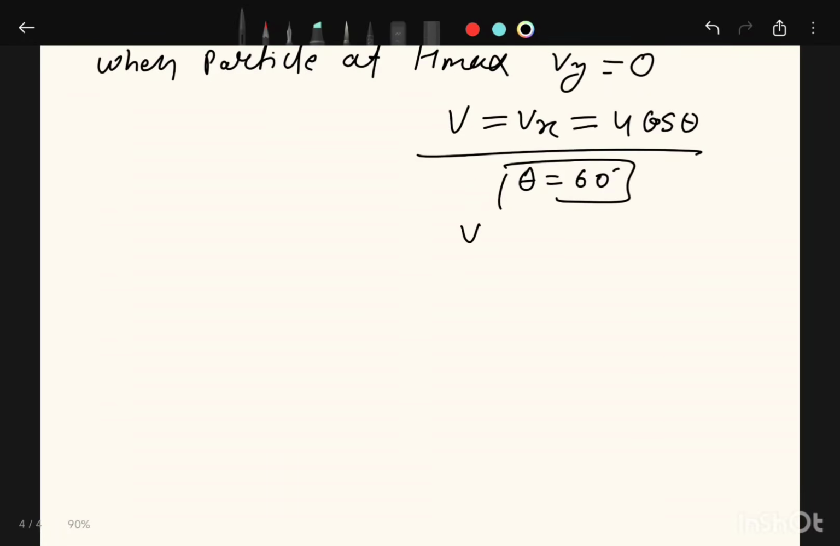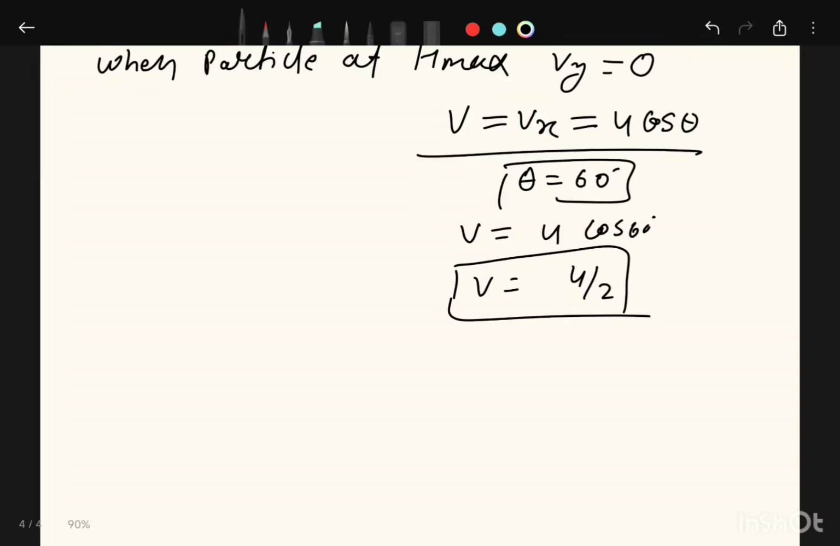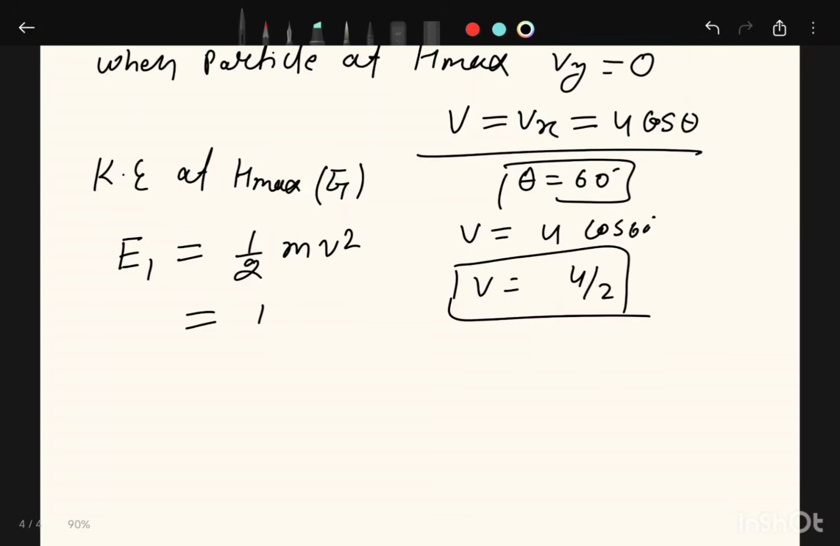So in this situation, your v will become u cos theta, and cos 60. Cos 60 is 1 by 2. So your v will become u by 2. So your kinetic energy at h max, what will it become? Let's suppose it is E1. So E1 will be 1 by 2 mv square, and we put the value of v, that is u